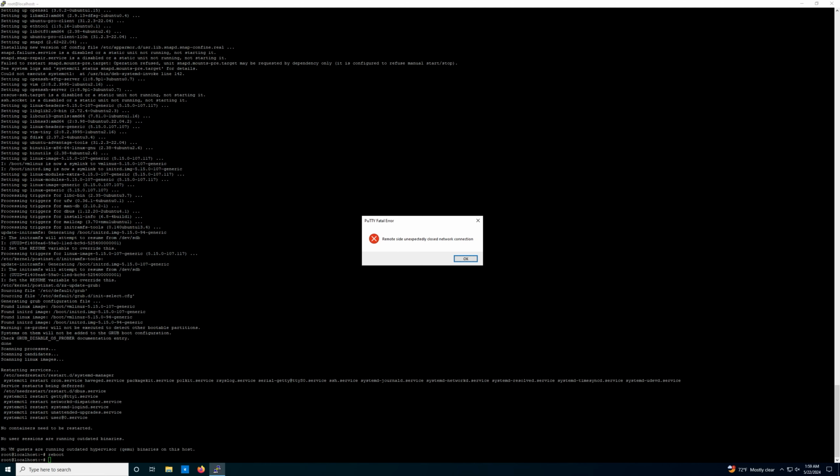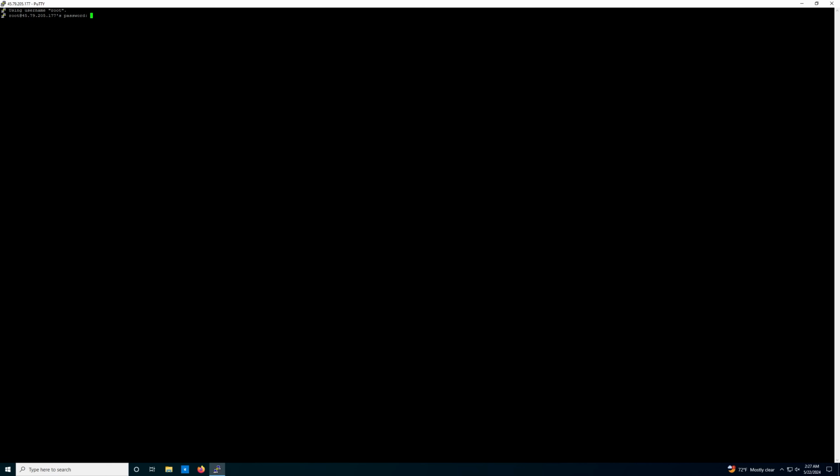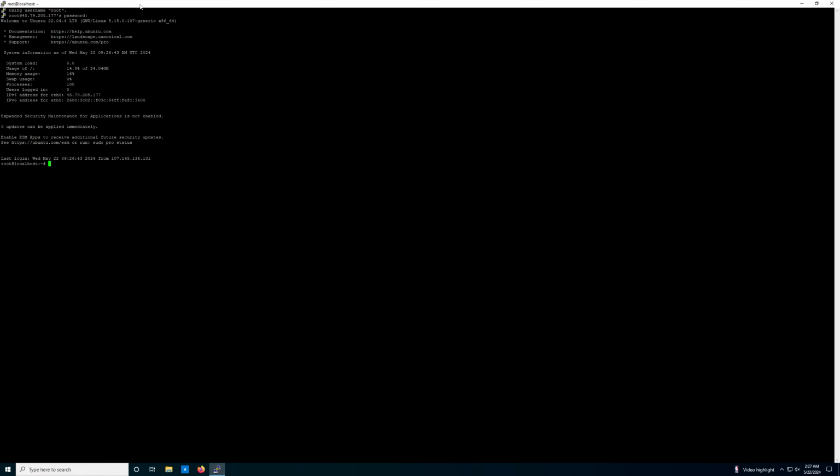PuTTY will say the other side closed the connection, and this is expected because the machine is currently restarting. Just give it a few minutes and try connecting again. Now that the machine has restarted and all the updates have been applied, we're going to proceed to configure our